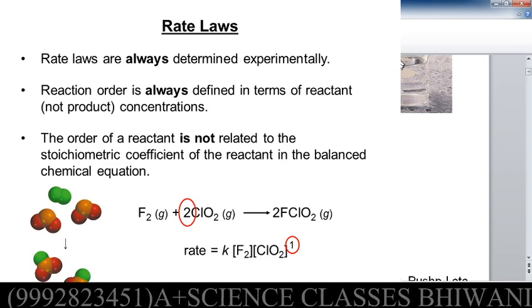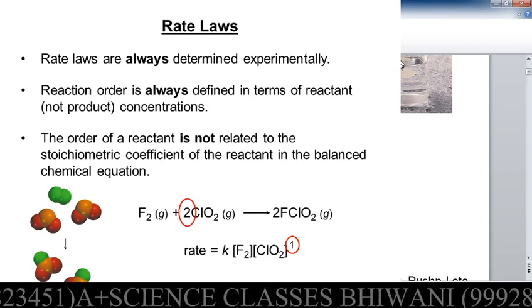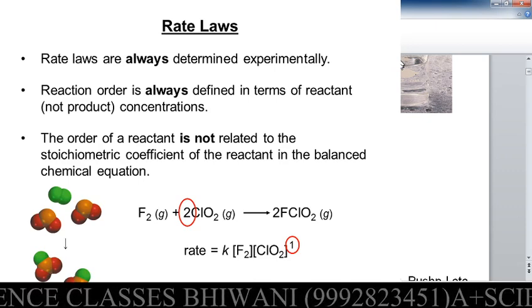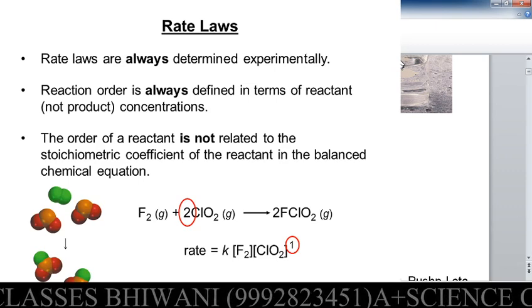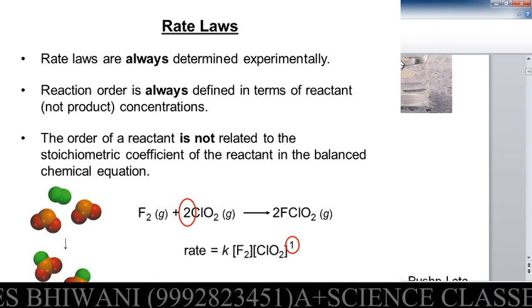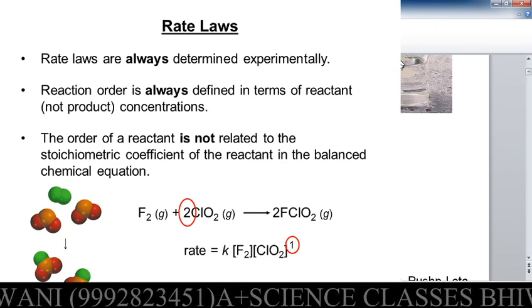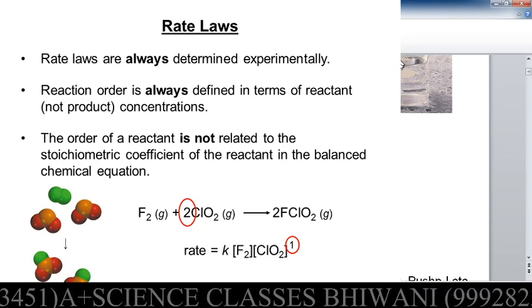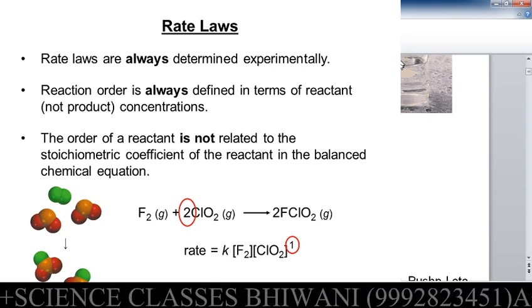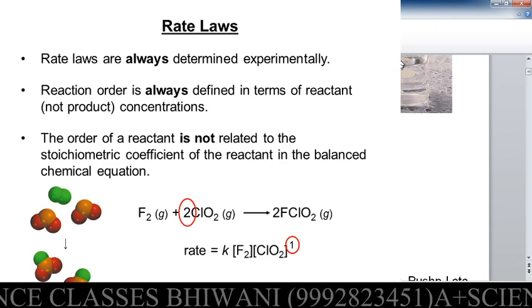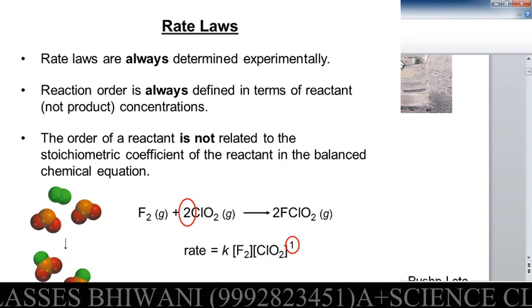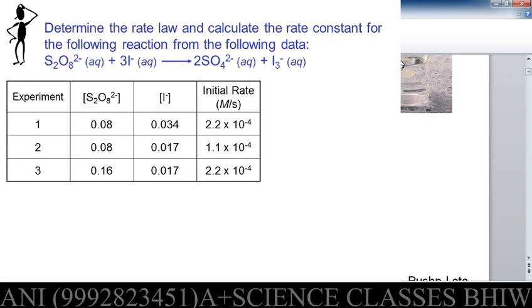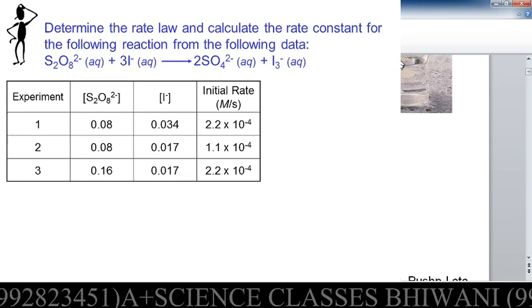Actually, by balancing, the chlorate has 2 moles, but experimentally we find that the molar concentration of the chlorate is directly proportional only to the power of 1, not the power of 2. So this is its rate law, and the method is known as the initial rate method. We use the initial rate of the reactions to find the rate constant and the molar concentrations. Clear? So we may start the next one for more practice.